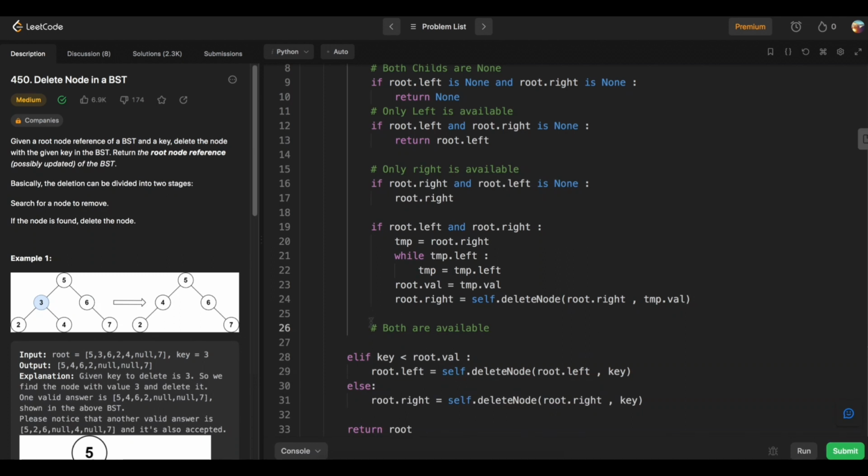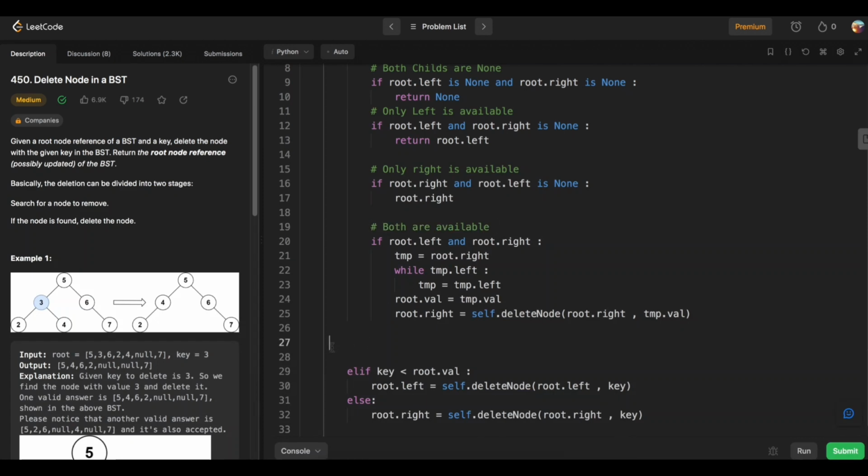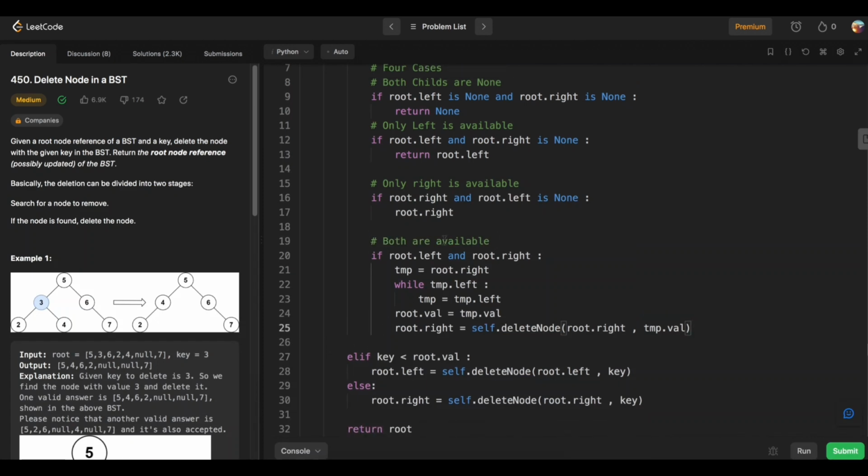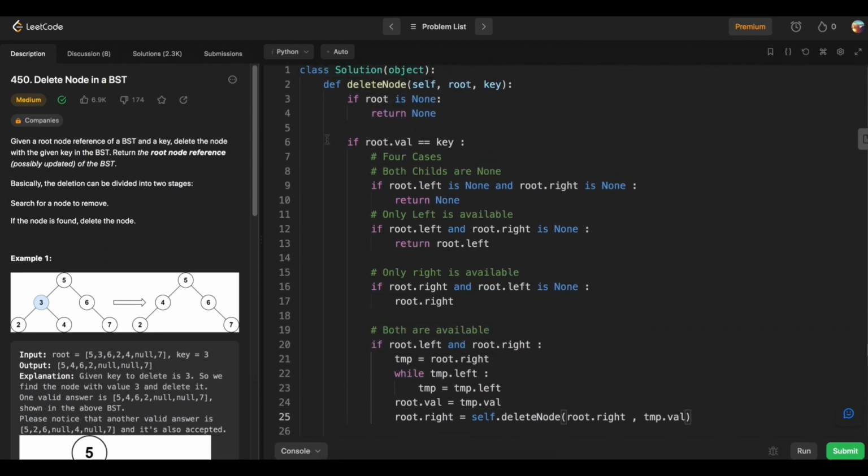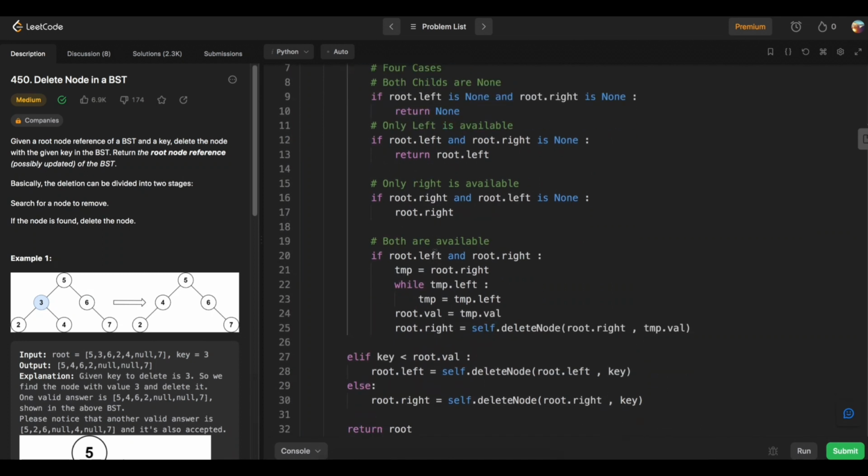Alright, let's see if I put this. So those are the 4 cases, and the remaining code is basically searching for the key. So if somewhere I find the matching key, I execute one of these 4 cases, and then I delete a node. So if I try to run it,